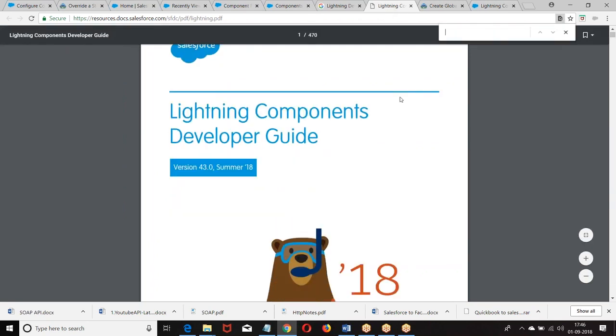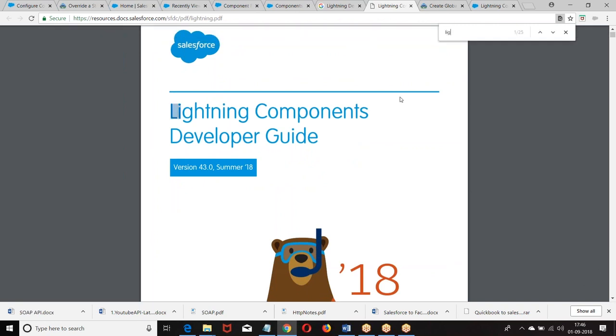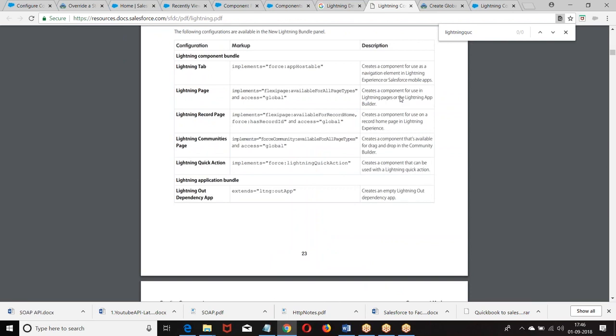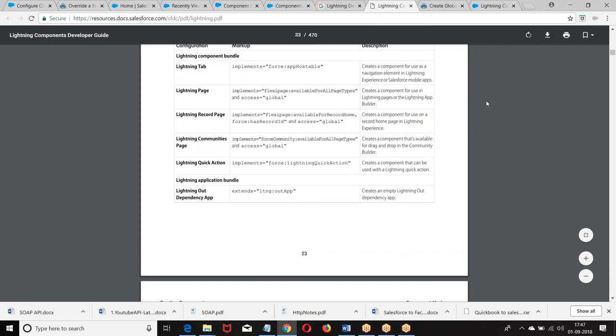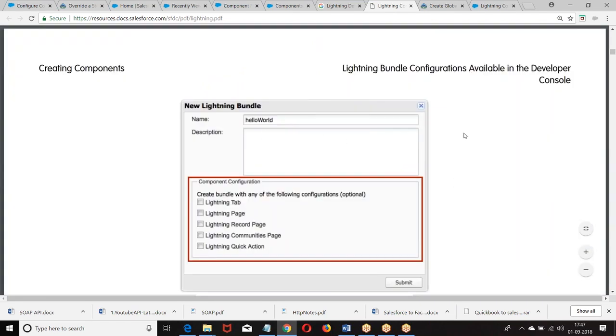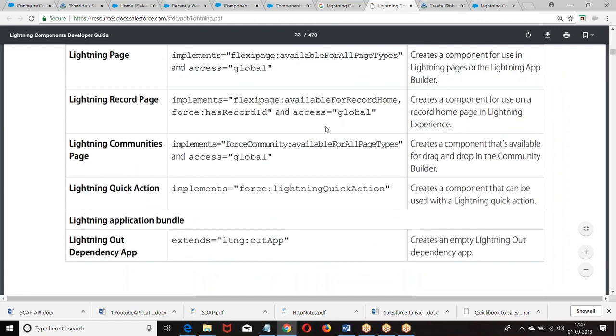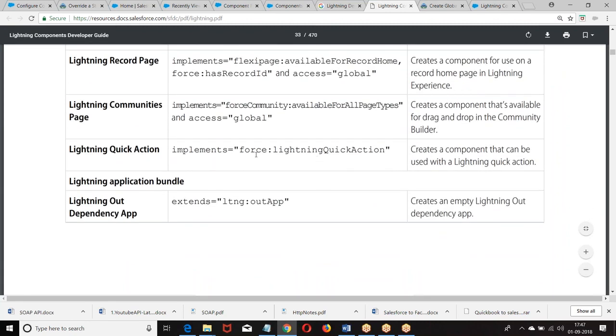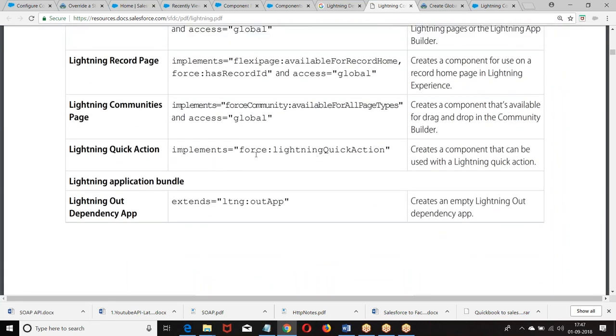Let me show you. Yes, here, look at this point. What was the interface we had here? Implements force:lightningQuickAction.